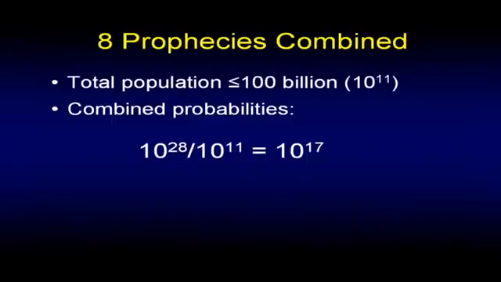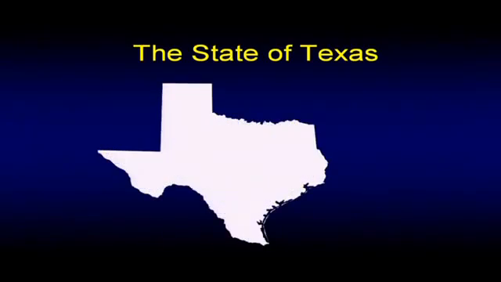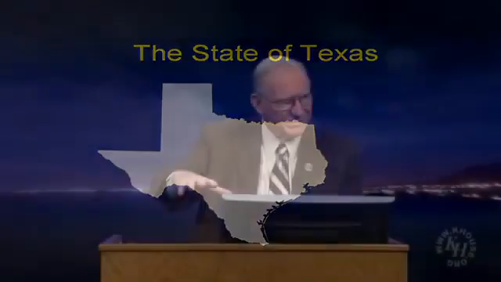Okay, my difficulty here is I've got to get across to you what we mean by 1 chance in 10 to the 17th. 10 to the 17th turns out to be a very, very big number. So what I need to do is get a bucket and put 10 to the 17th silver dollars in it, right? Okay, how do I do that? Well, I take the state of Texas and I fill it 2 foot deep with silver dollars. It turns out if you go through the arithmetic, that's about 10 to the 17th silver dollars. So I mark one of them with some lipstick or whatever,